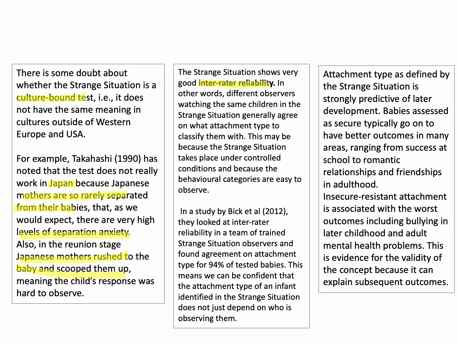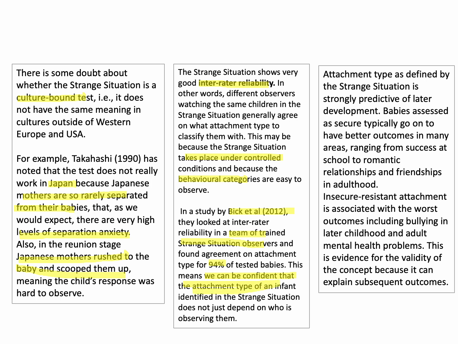The strange situation is a very well-designed method under controlled conditions with the behavioural categories. And Bick et al. in 2012 used a team of trained strange situation observers, and they found agreement of 94%. Now, for something to have high reliability, you're looking at about 80%. So for that to be 94%, that's really, really good. And therefore, we can be confident the attachment type of an infant isn't just about who's observing them, because other